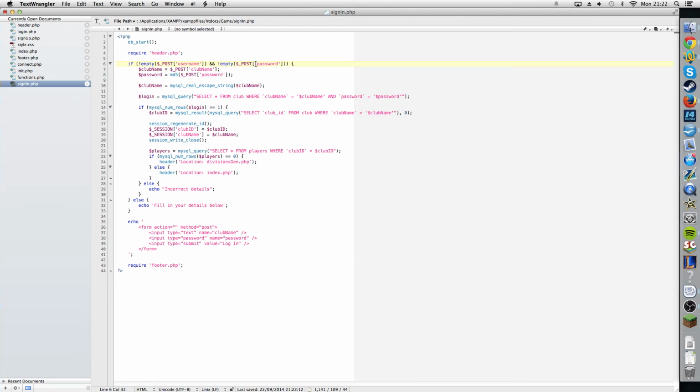We'll just say username and password because we don't actually need to fumble around with everything. This is probably why I'm using capital N's. Club name. Yeah, we want to do that actually. Oh, actually, what we need to do is get rid of that, and we need to say